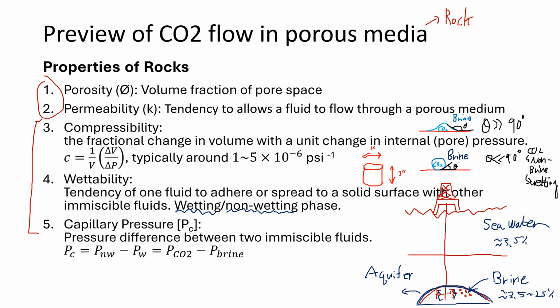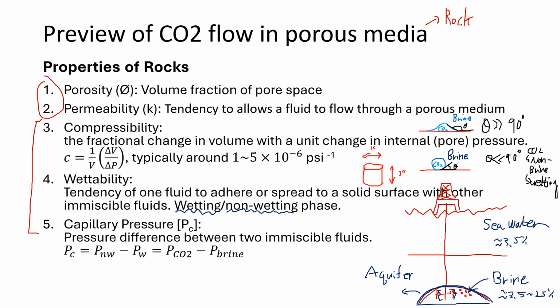And what about the capillary pressure? In the rock, we have a lot of pores, and those pores are very, very small, so they create a lot of capillaries. Basically, from the perspective of the reservoir engineer or the energy resources engineer, capillary pressure is defined as the pressure difference between the wetting phase and the non-wetting phase. So even in the same location and the same condition, if we measure the pressure of the CO2 and the pressure of the brine, the non-wetting phase, which is the CO2, will have a higher